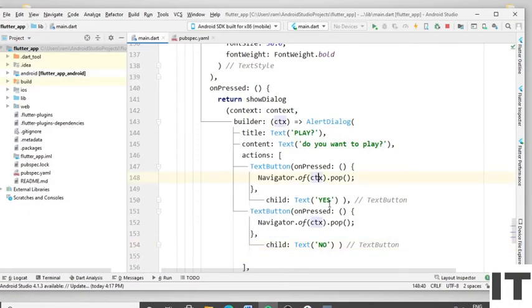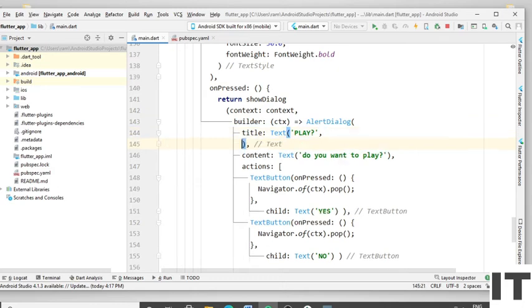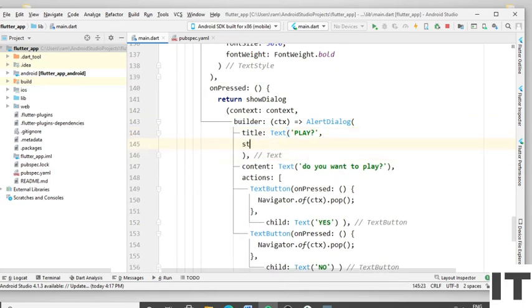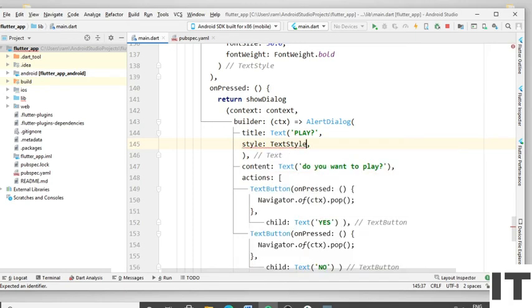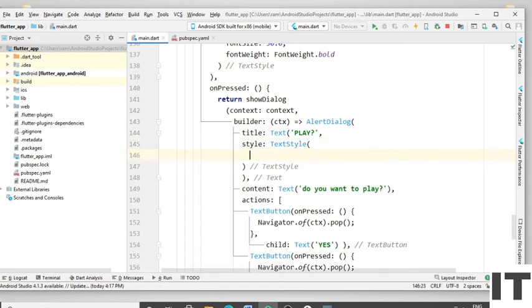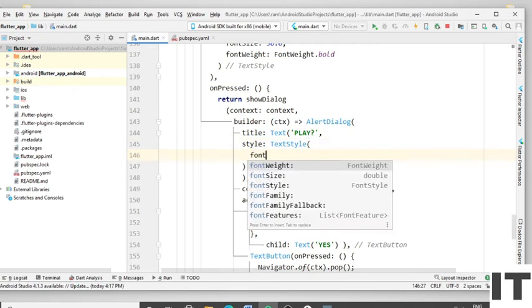For that, first give the comma here and type the style. Type the text style. Remove the comma and put the round bracket. Type the font size.